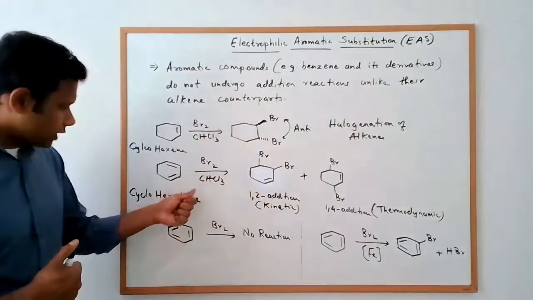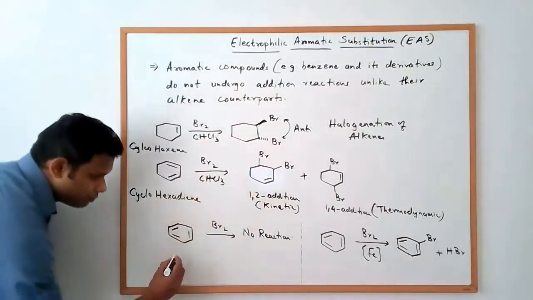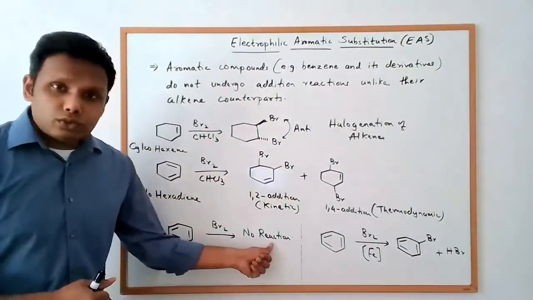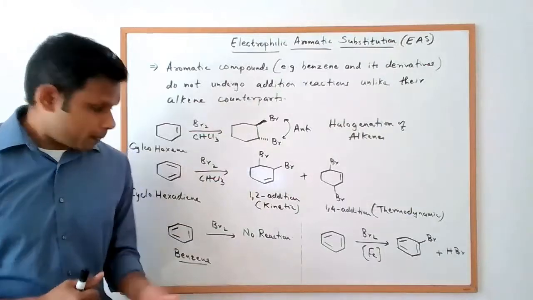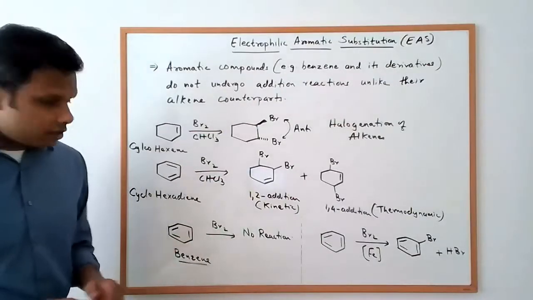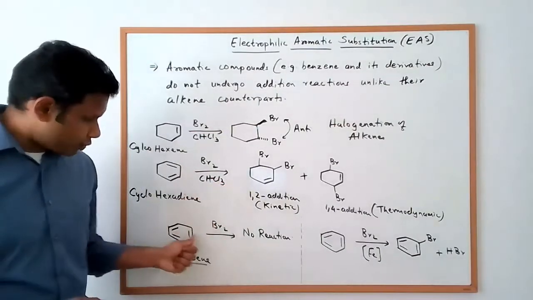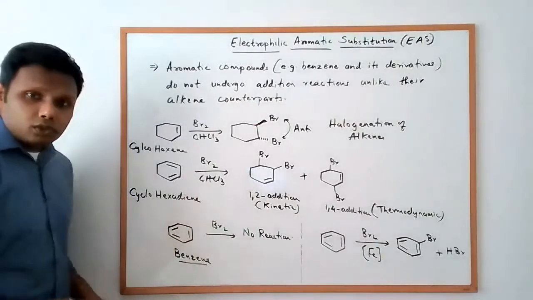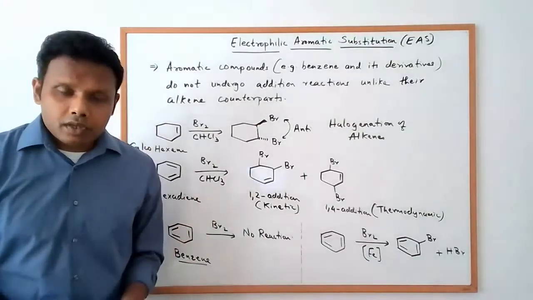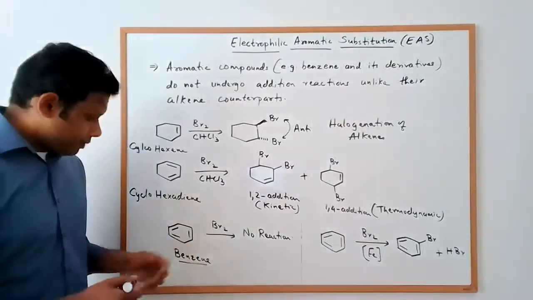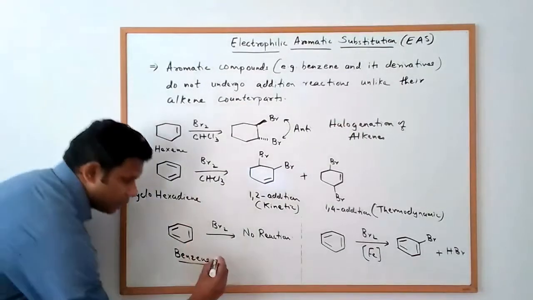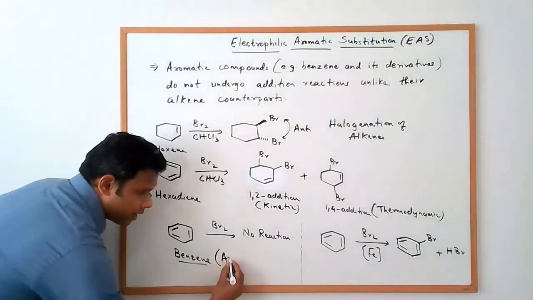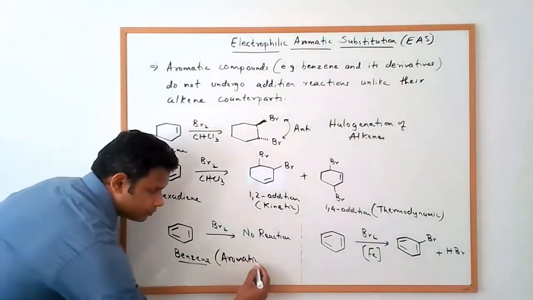But if we try to extend this reaction to benzene, we do not get any reaction. That means we do not get a similar addition of bromine across the pi bonds, although benzene has 3 pi bonds in it. And so that tells us that benzene, which is an example of an aromatic compound,